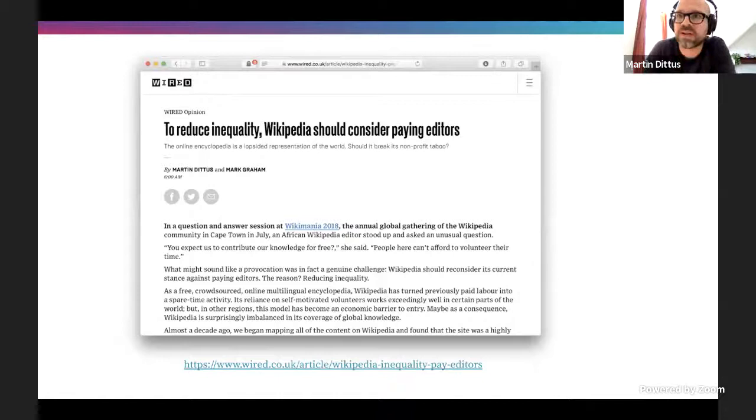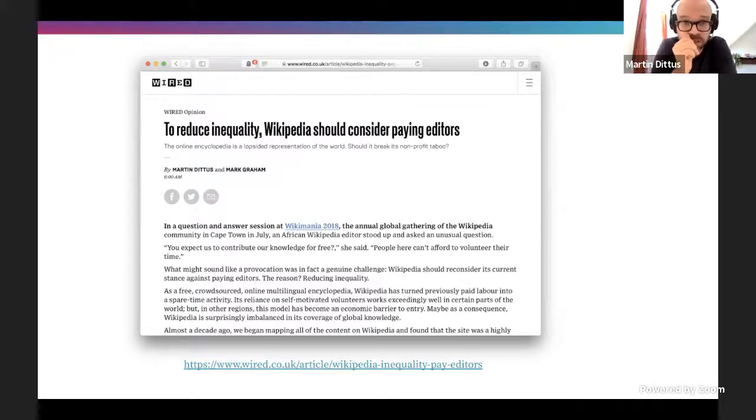There's a similar concern about how we can make it possible for people to contribute on Wikipedia. There's a bit of discourse happening in parts of the community around the fact that maybe not everybody can afford to, maybe not everybody has spare time. And maybe there is an argument to be had that some Wikipedia contributions, specifically when they're about addressing gaps in coverage, should be paid contributions.